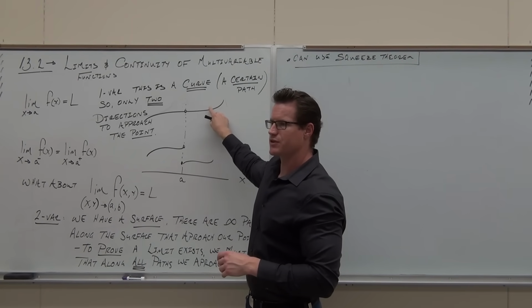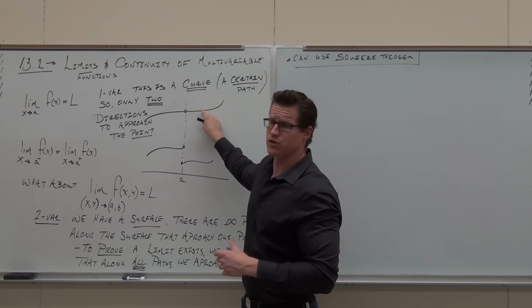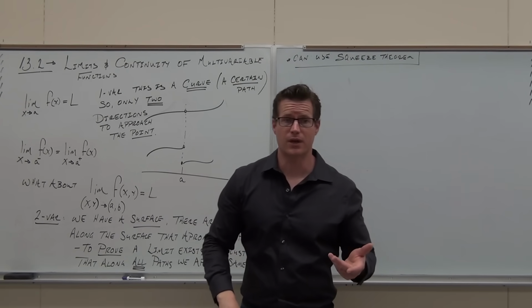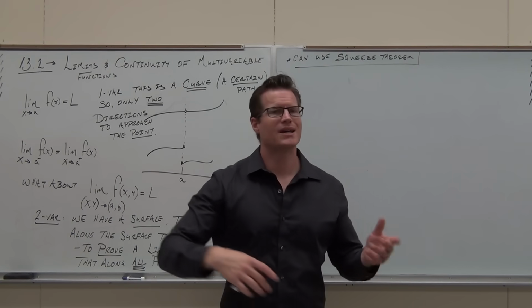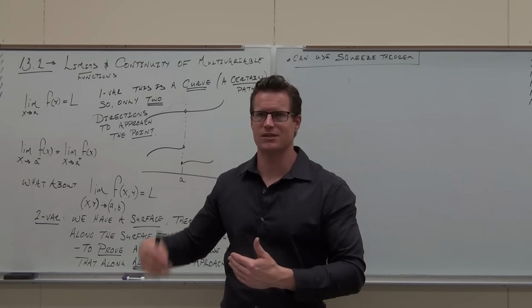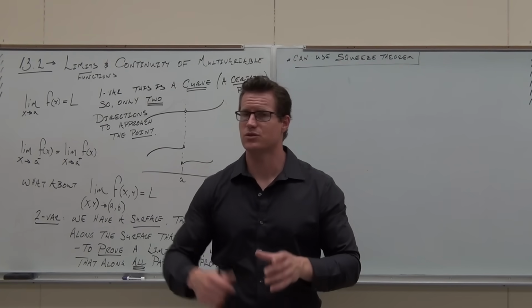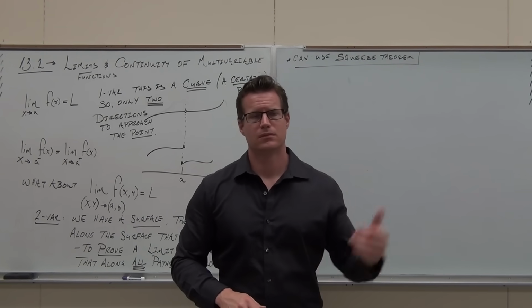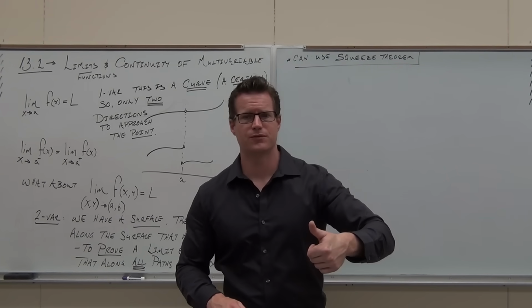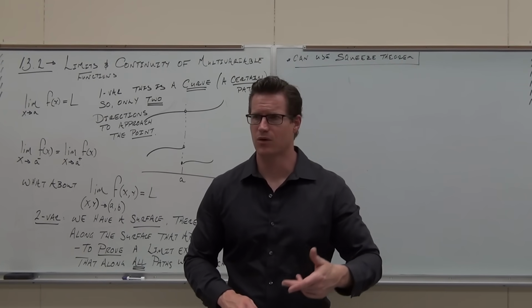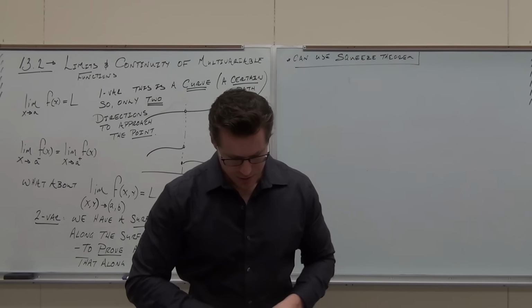The limit's going to exist at every single one of those points, and it will equal the function value at those points. We can use stuff like that. So we're going to use continuity to help us out with some of these limits, to let us evaluate them really quickly. That's pretty nice. So the Squeeze Theorem is one way. Using some of the properties of limits from Calc 1 is another way. Other than that,